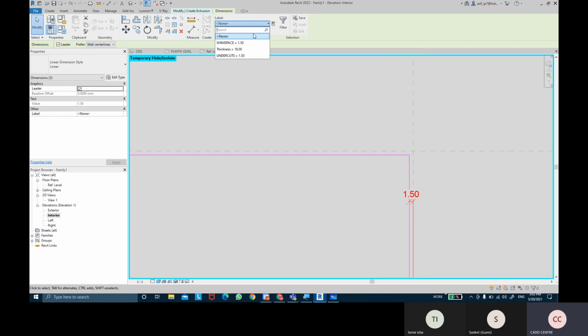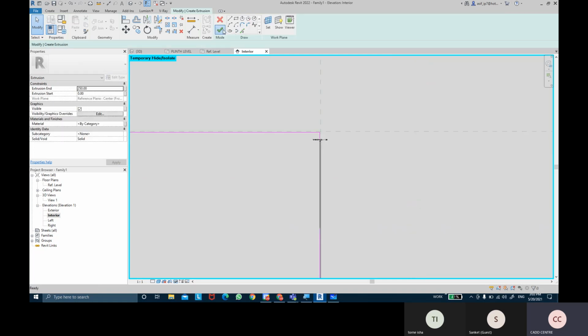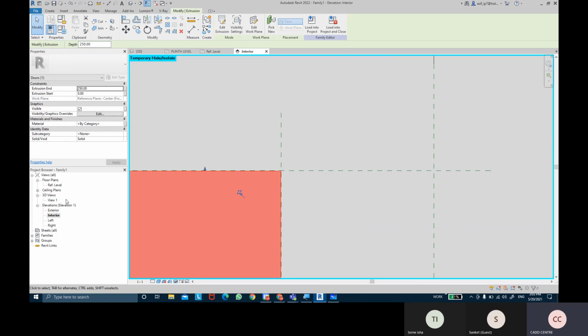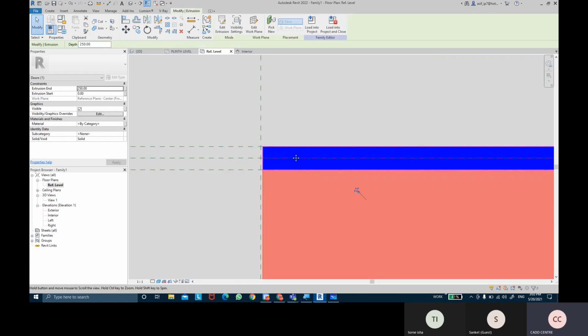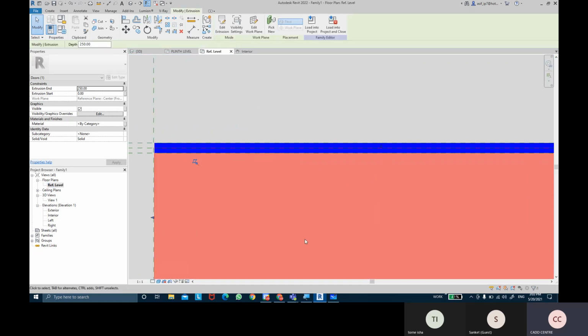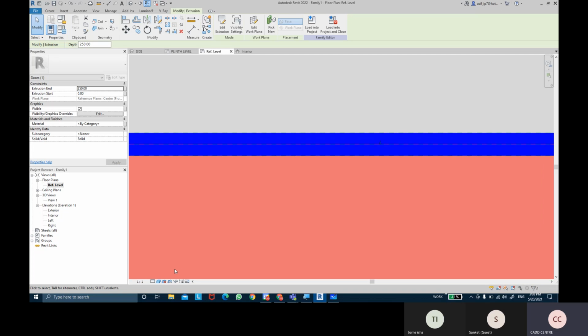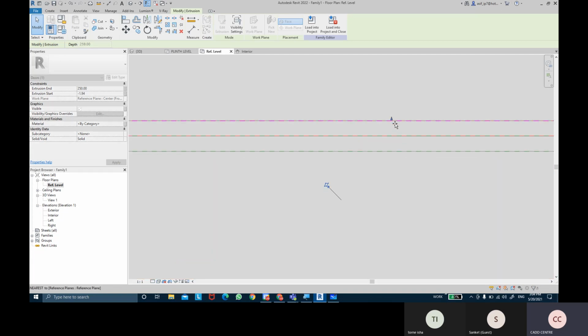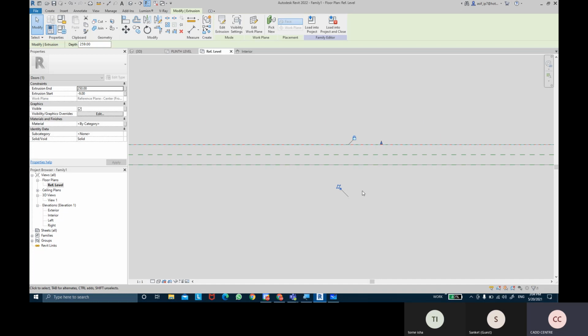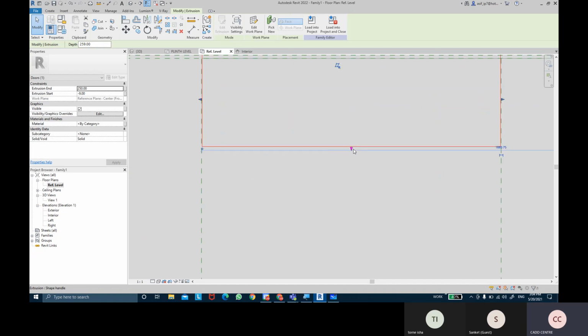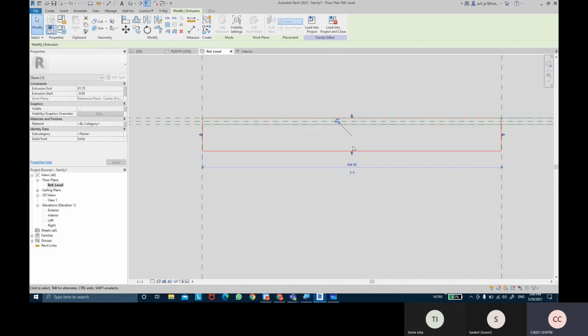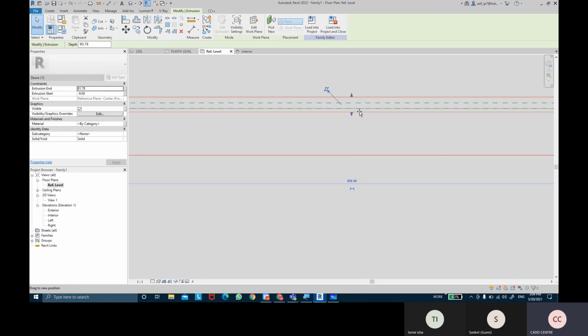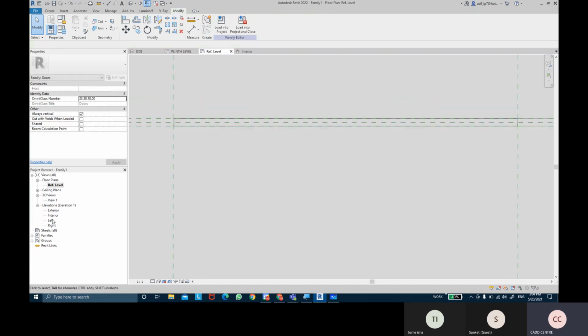This might go into the shim space. Come back to the plan view and gonna make sure that these handles have been aligned and locked to that reference plane actually. So that's one panel been done.